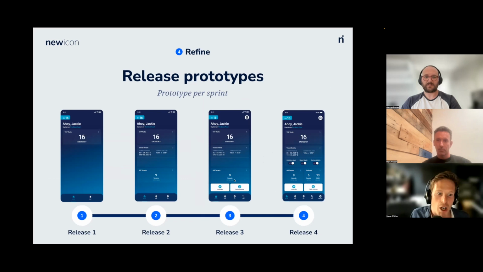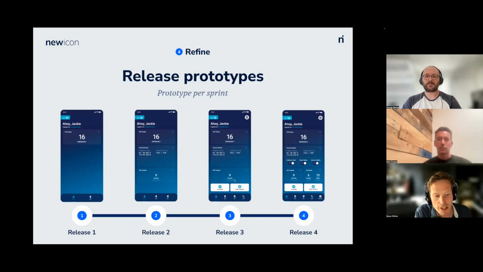So release 1, you can see, okay, this is the prototype. You might just have 2 of the menu items that are fully working, and then release 2. Now, the difference here is we would have the big picture, fully fleshed out prototype. We then make the effort to strip that down and say, well, what are we going to deliver in month 1? What are we going to deliver in month 2 and month 3? And we basically plan the backlog rather than leave it in a big list. We prefer to call it a wish list, but we will plan that so everyone knows what to expect and what to test.